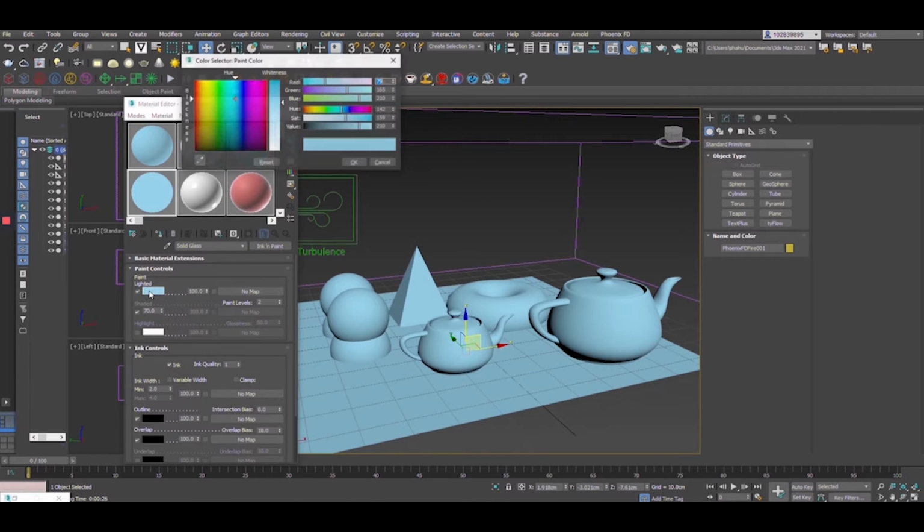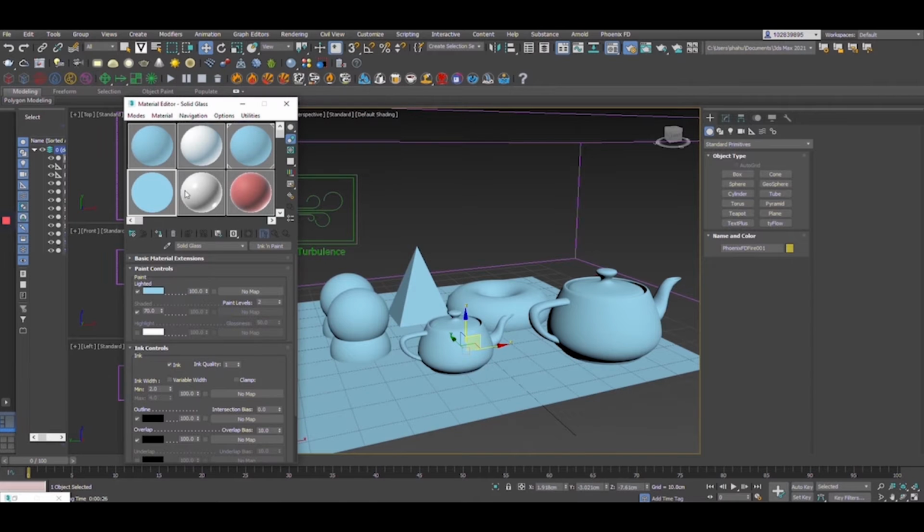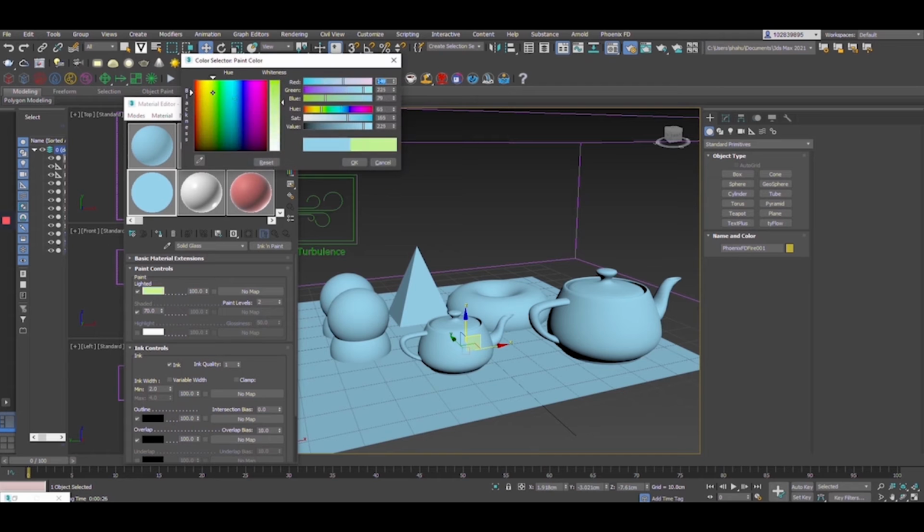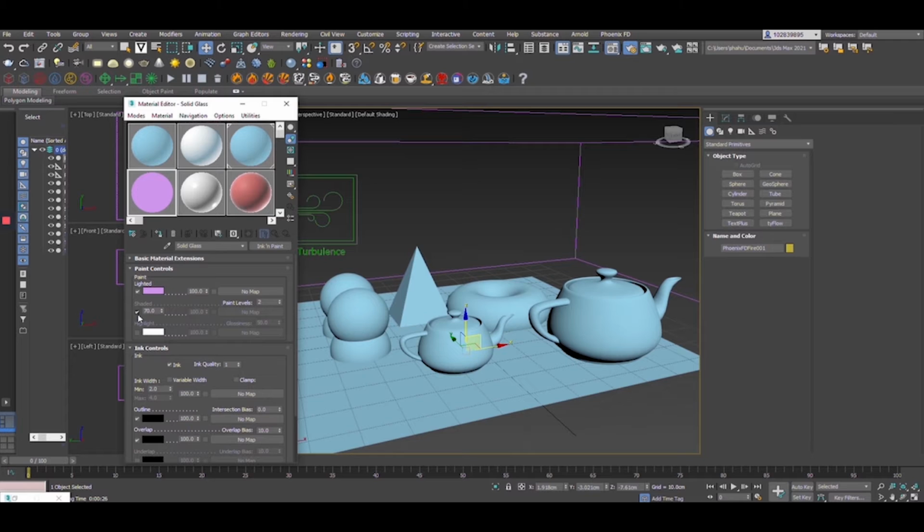And all you have to change is the color. You can change to any color that you like. The previous one I showed was in gray, but this one I'll just use some different colors to make it more playful. I'm just going to choose this lilac color